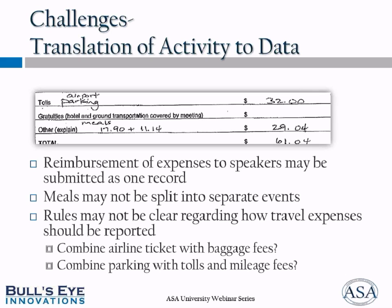Meals may not have been split into separate events, and from our perspective as advisors, we really recommend that if you're going to split up anything, that you do have them split up the meals so that you do not provide a false impression as to how much that meal actually was. So it looks a lot better to have 2 meals of $11 and $17 versus to have a $29 meal. But in other cases, we actually saw more expensive